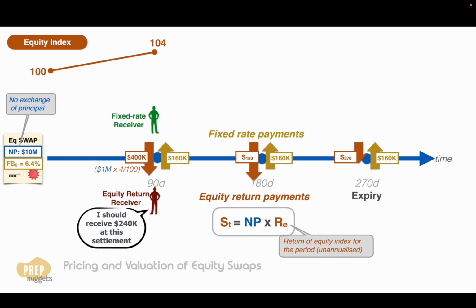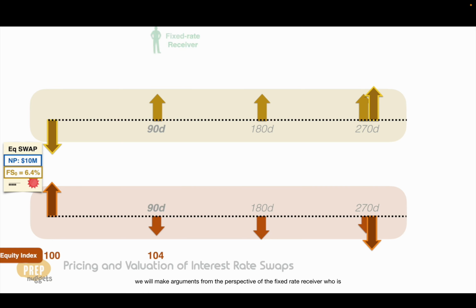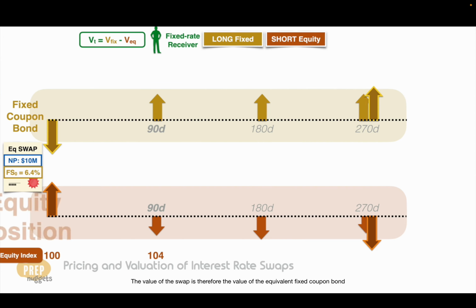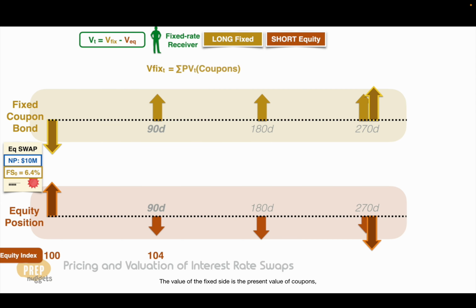When it comes to valuation, you should be familiar with the process by now. Again, we will make arguments from the perspective of the fixed rate receiver, who is long the fixed coupon bond and short the equity index. The value of the swap is therefore the value of the equivalent fixed coupon bond minus the value of the equity position. The value of the fixed side is the present value of coupons plus the present value of principal,